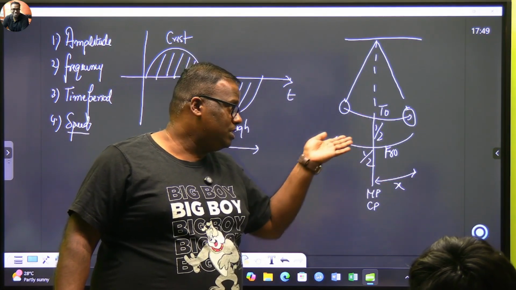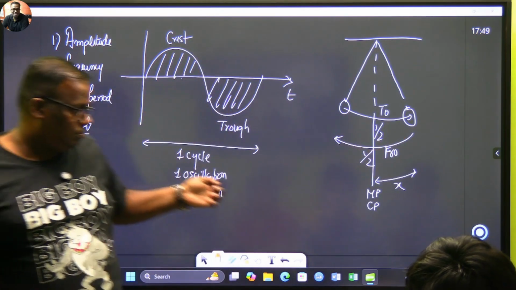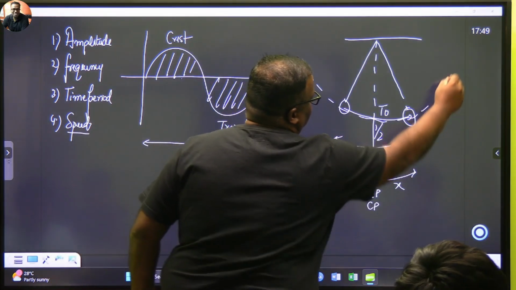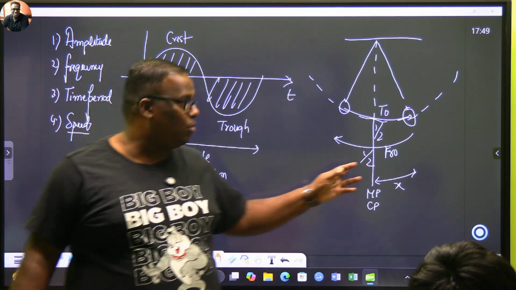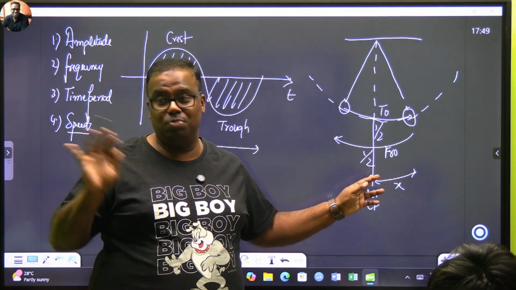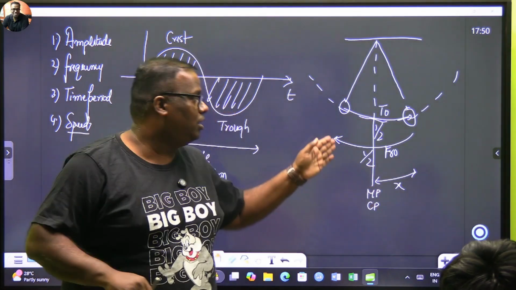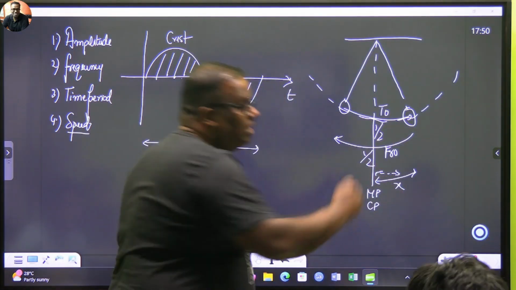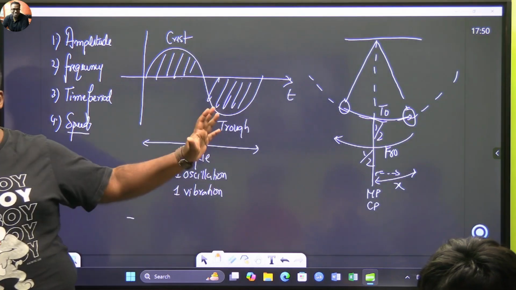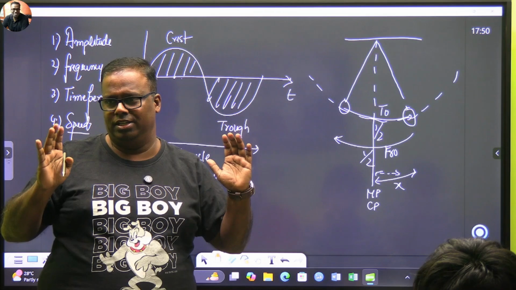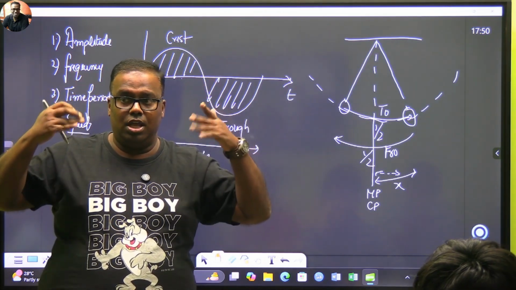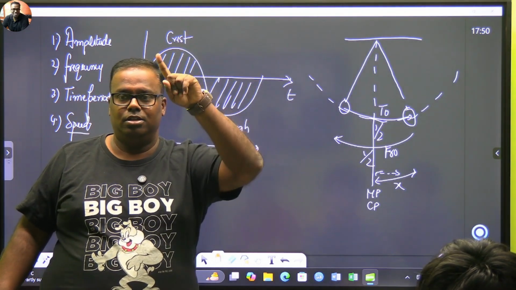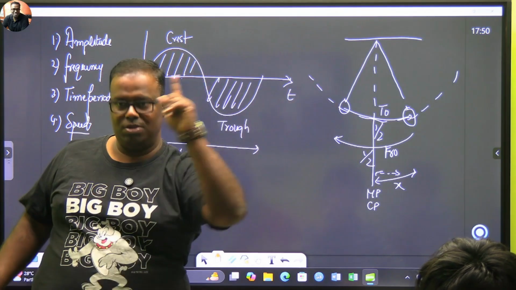If a pendulum is undergoing so much of angular deflection that it is actually creating a curvaceous path, then this is oscillatory motion, not simple harmonic. In simple harmonic, your deflection should be very small so that you can compare them as linear displacement, straight line. बहुत फर्क है. चैप्टर एनसीईआरटी बहुत छोटा कर दिया है. सबसे पहले आता है पीरियोडिक मोशन. Any motion which keeps on repeating itself is called periodic motion. फैन घूम रहा है, this place will again come after some time, again after some time, periodic motion.